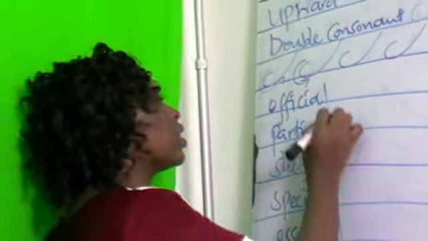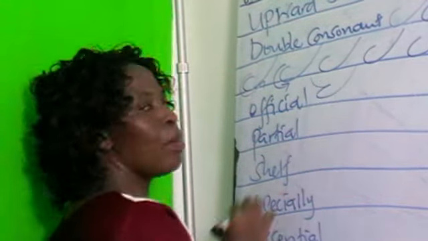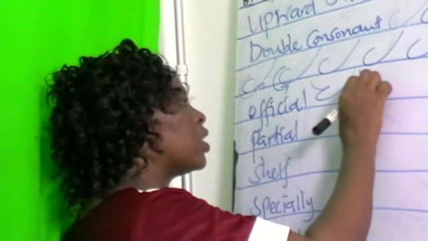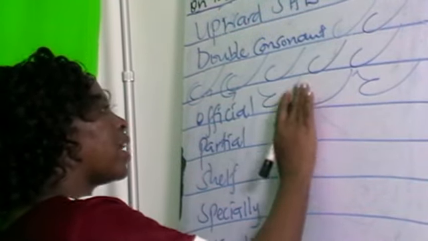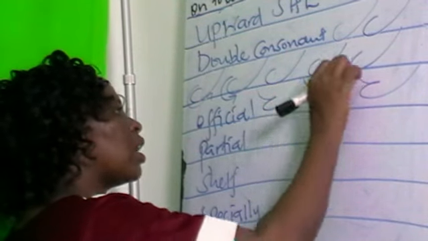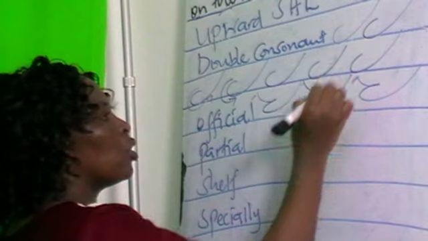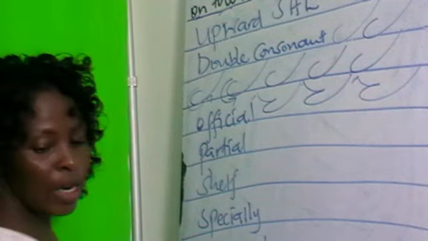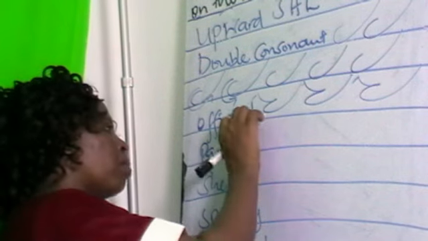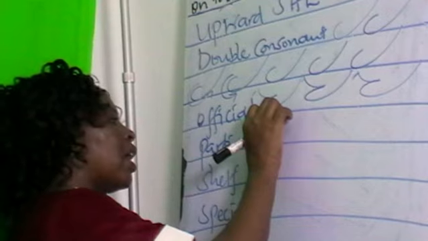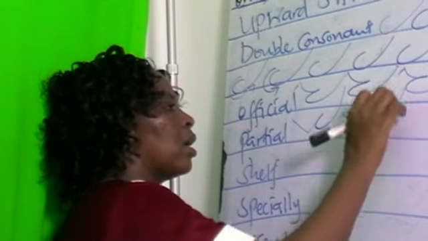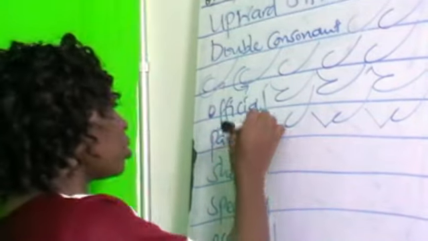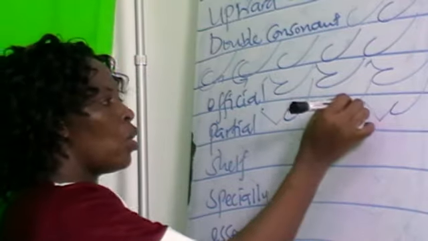official. We drill it with a stroke of F above the line and upward shell, official, and we are drilling it above the line because of the short O, a first place vowel. Then we have the word partial, a stroke of P above the line, upward ray and upward shell, partial. That is how we drill it. It's above the line because of long A,